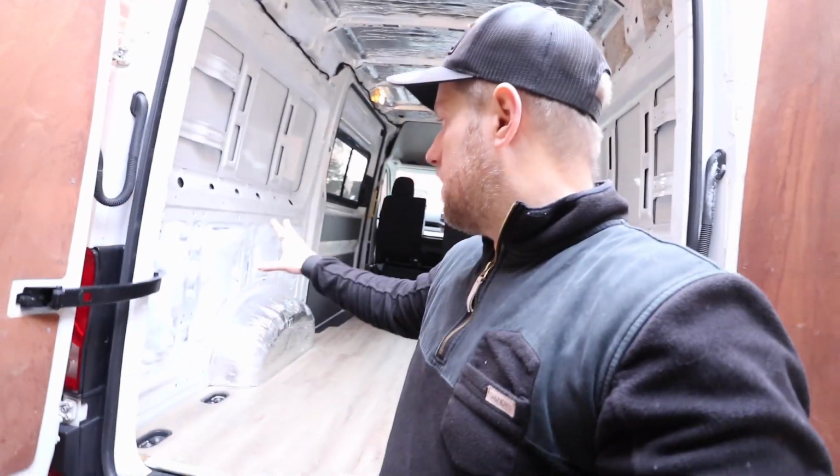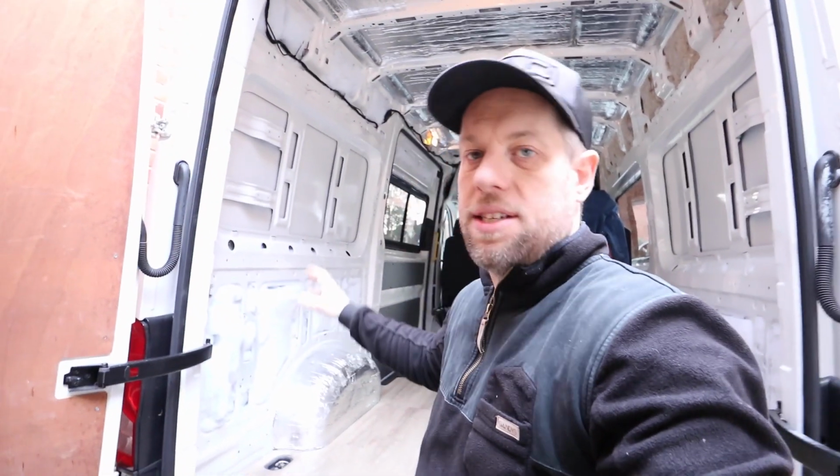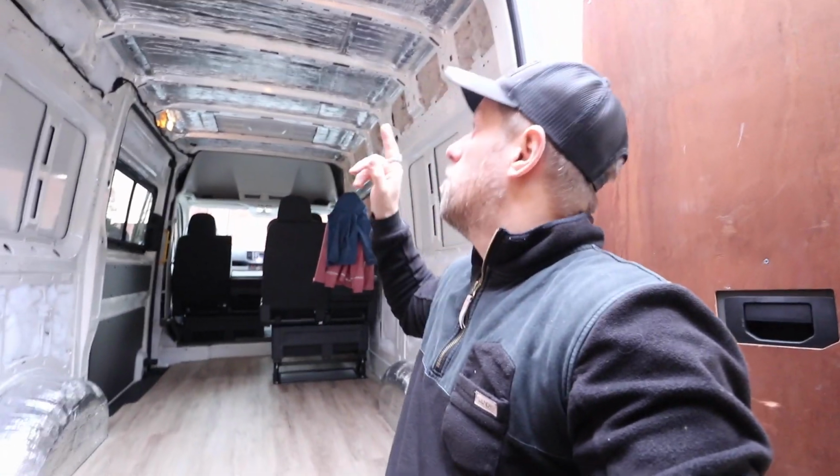What else have we done? Oh yeah, of course, we've done the insulation, so we've sound deadened with Dodo mat, we've also put in some closed-cell foam insulation, and then we've done the recycled plastic loft insulation stuff. That's in most of the panels. The only one we haven't done is the ceiling, because at some point very soon we're going to be doing